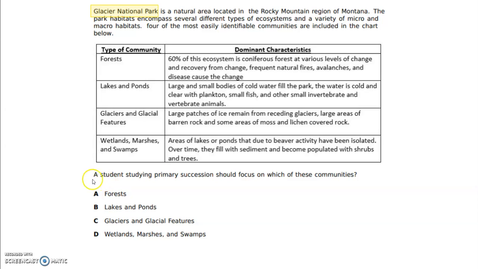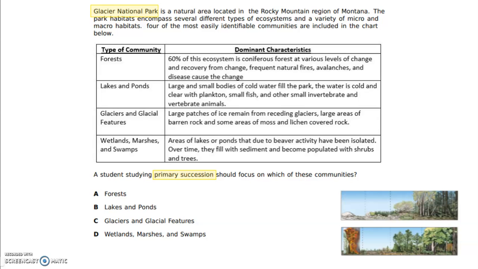So the question's asking, a student studying primary succession should focus on which of these communities? One of these is specific to primary succession. Remember our images here: primary succession on top, secondary on the bottom. In primary succession, some things that we remember are that it begins with rock, and we know the pioneer species